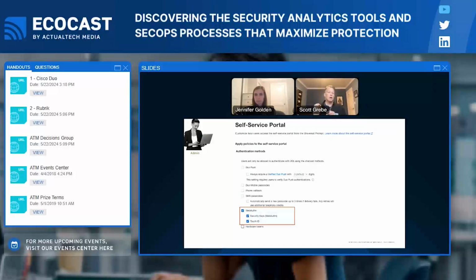Duo has something else called Duo Device Health, and this allows IT administrators to block access to specific applications based on outdated software versions that are running on the device. So for instance, is the device running an outdated operating system? If it is, we don't consider that to be a healthy device, and you can say if it's not running at least version X.Y, then we're going to go ahead and block it